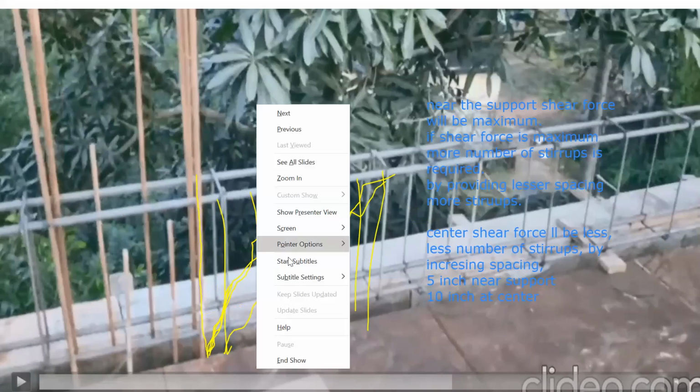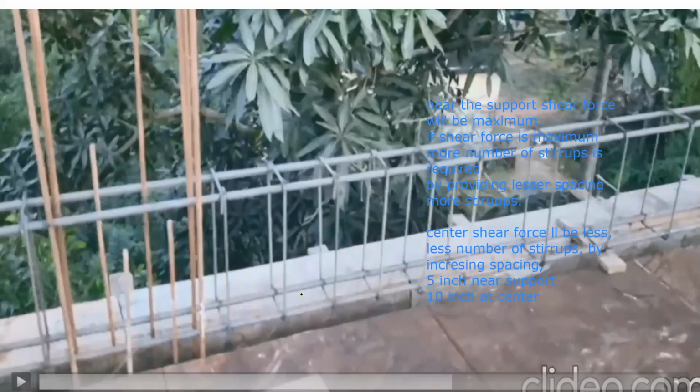The reason was this: if you're not providing it within 50 mm, let us say you don't provide this stirrup and directly provide your first stirrup here. That means from the face of the column to this portion, your spacing has increased. Let us say this spacing is 150. I know that near the support your shear force is maximum, and if shear force is maximum, more steel is required. Now from the face of the column to the first stirrup it is 150 mm. So the cracks will start to propagate, and there is no one to stop that crack.